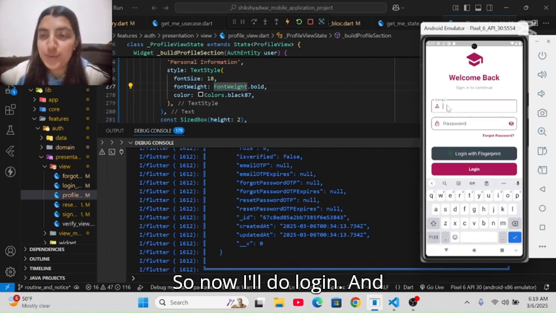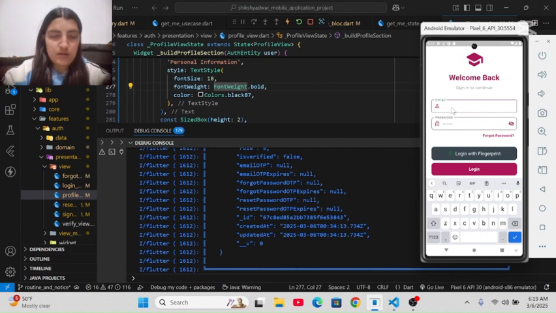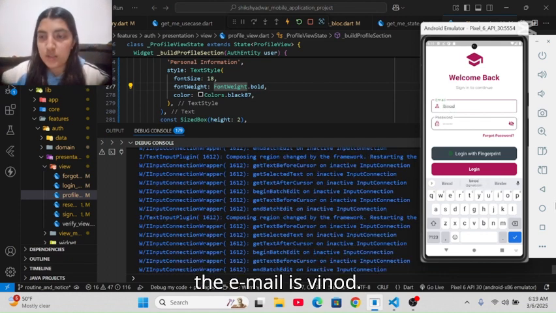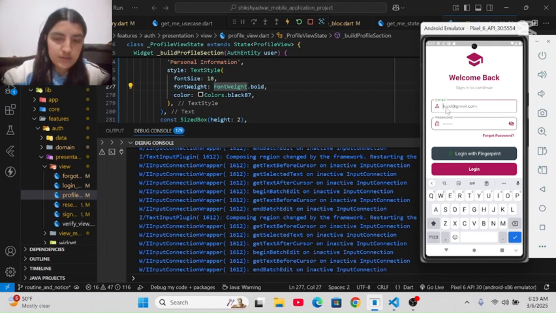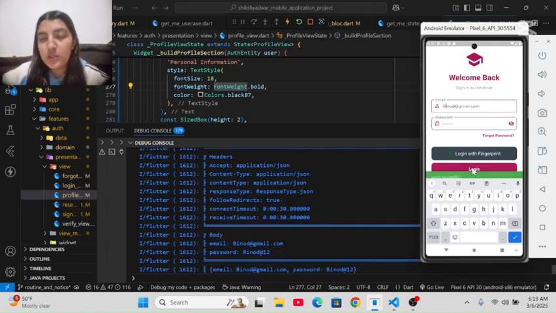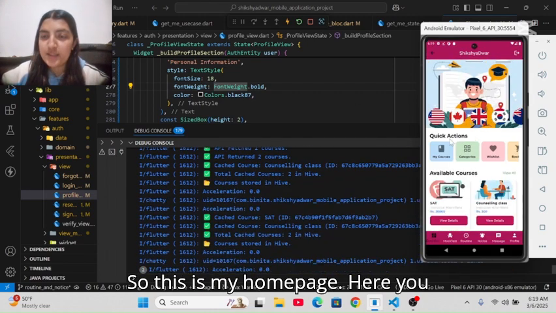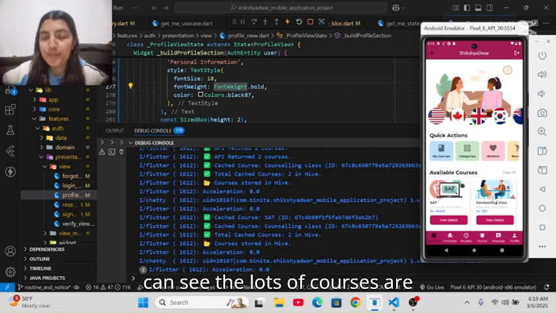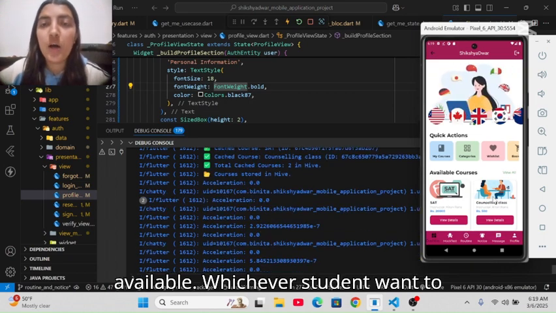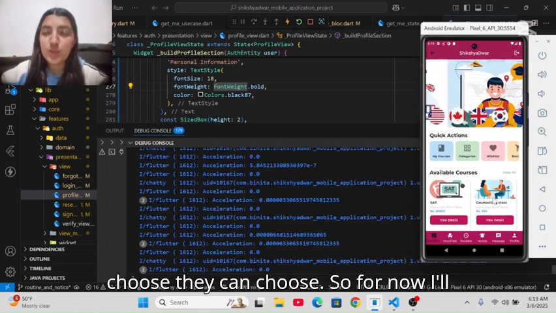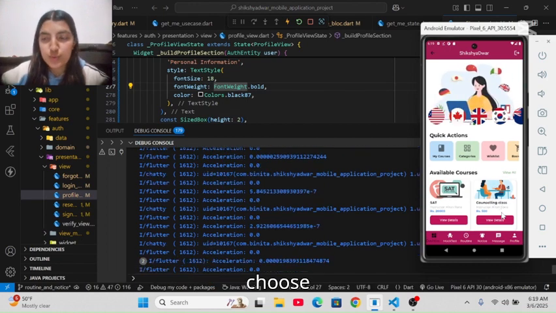So now I'll do login, and the email was Vinod, okay, with a capital. So this is my home page. Here you can see lots of courses are available. Whichever course a student wants to choose, they can choose. So for now, I'll choose